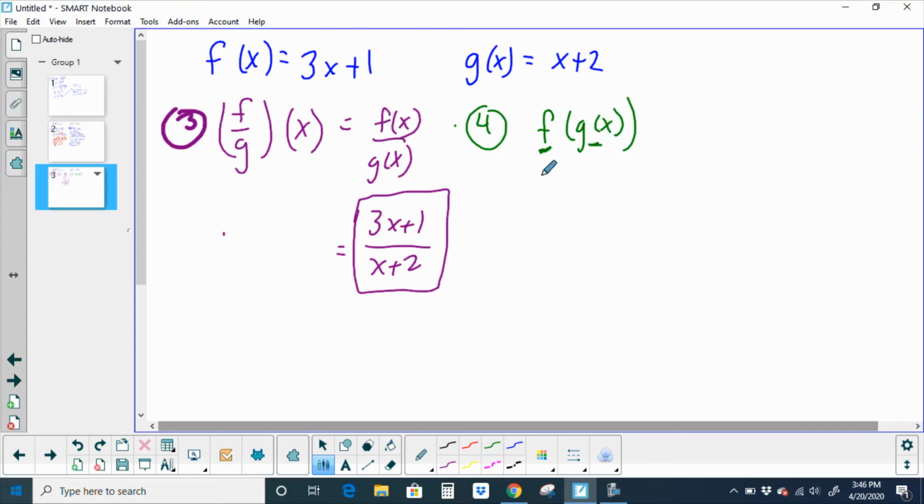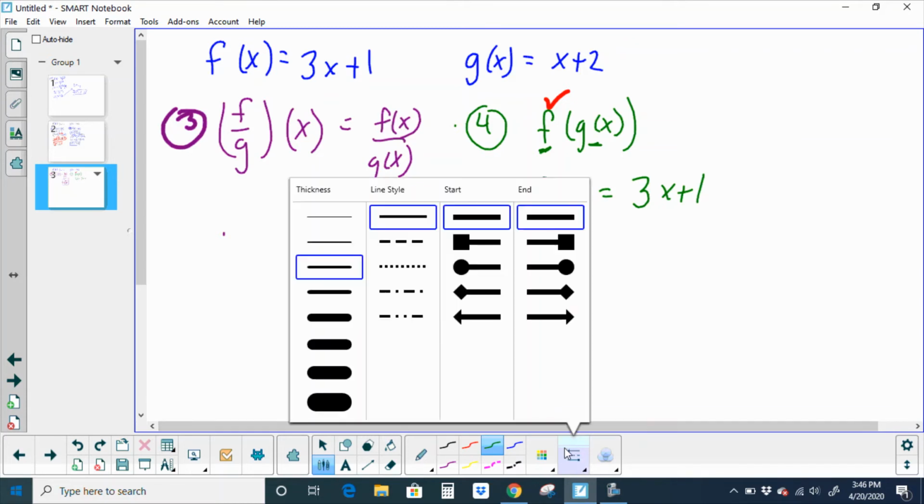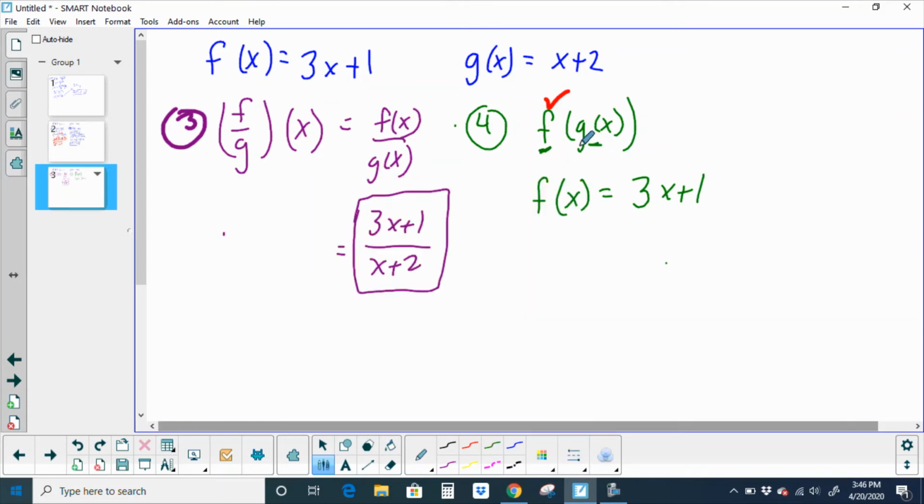So the outside function in this problem is f. We're just going to write down what f is. So f of x is 3x plus 1. So there, we took care of the outer function, we did f of x. Now we need to do the inner function, so now we need to do g of x. We took care of the f, now we need to do the g. So instead of writing x there, we're going to write g of x. So f of g of x